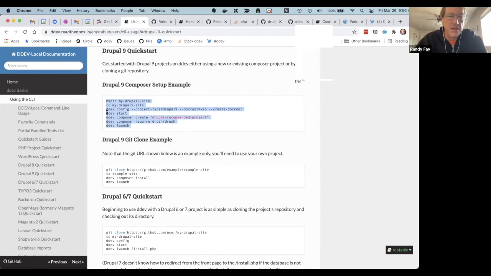Basically, you do the config in a new directory and start it up, which is actually optional because Composer Create will do it for you. This will bring up a Drupal 9.1 project right now, and then every Drupal project needs Drush. That's it, and DDEV Launch just pops up a browser for you.